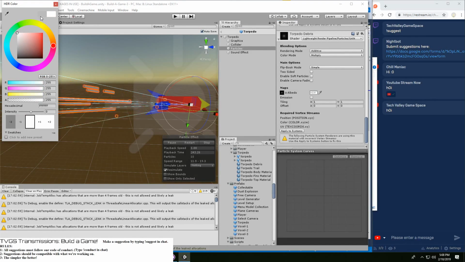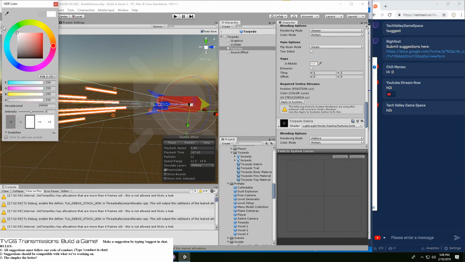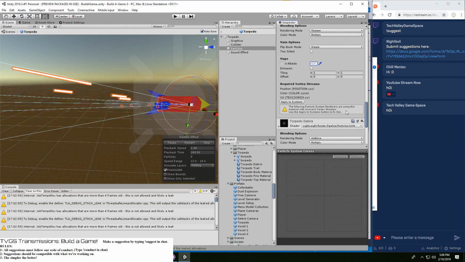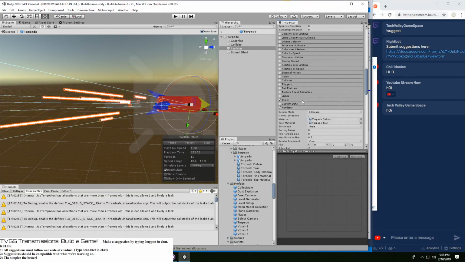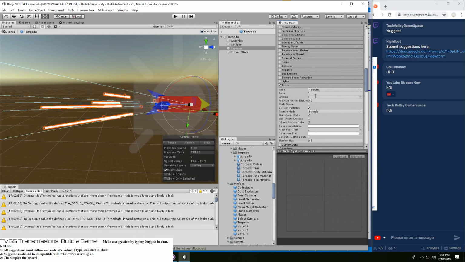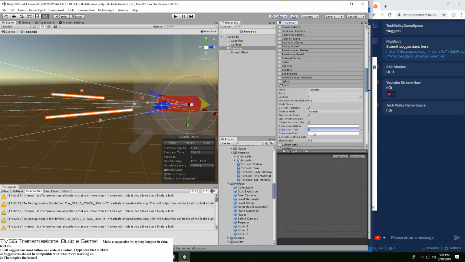They should be like whitish. Good, perfect. The trail itself, its lifetime is fine. Color width over trail should be less than half that, maybe like 0.1.